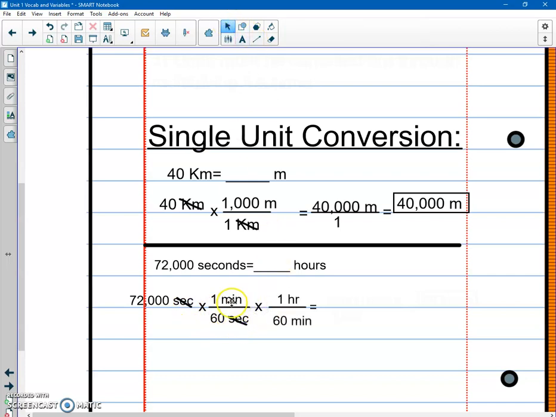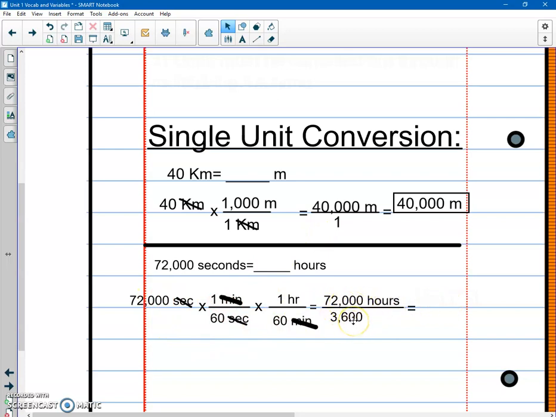Then we'll try to get rid of minutes, so we'll multiply that by 1 hour divided by 60 minutes. Reminder, notice these values are just worth 1. So we'll cross out minutes, and now if you look at the units that are crossed out, the only thing that we're left with is hours. So now all we got to do is multiply across the numerator and the denominator, and that gives us 72,000 hours over 3,600